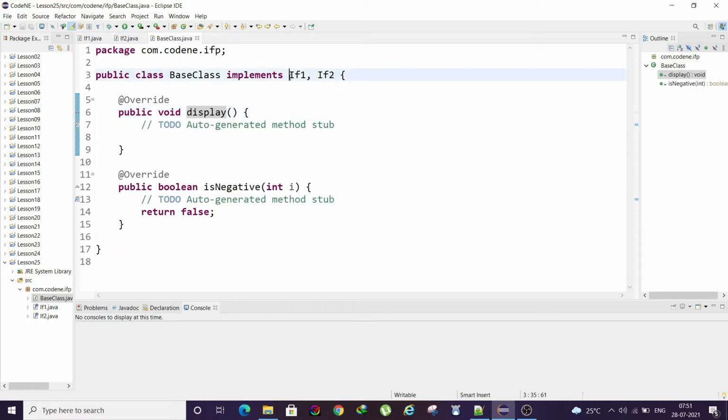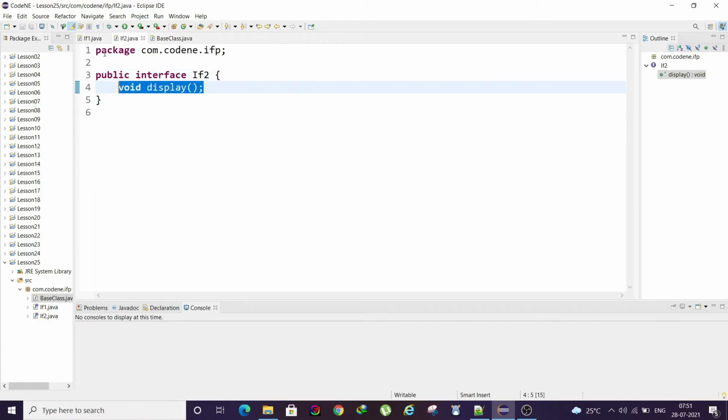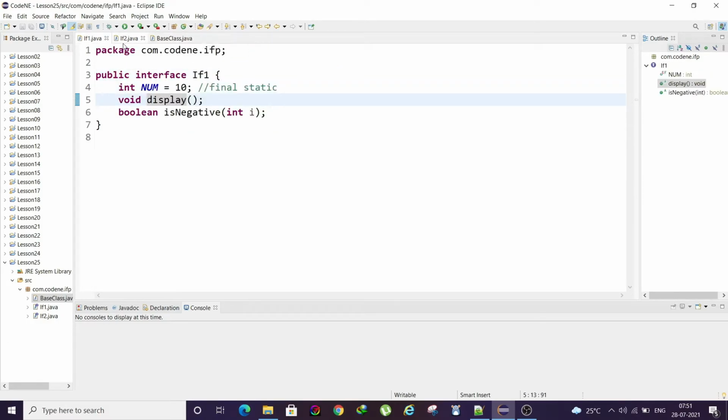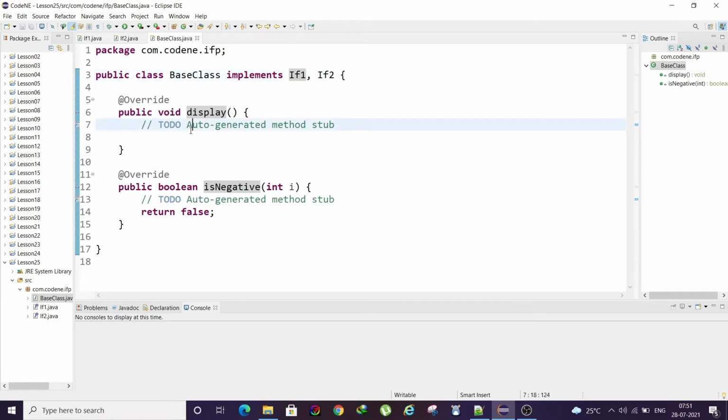So what was the diamond problem? The diamond problem was that your two parent classes would have the same method, and it would have some implementation, right? In the class it would have some body, some definition of the method, but in the interface they don't have any body. So whatever implementation of this method you are doing, you will do in the base class itself.